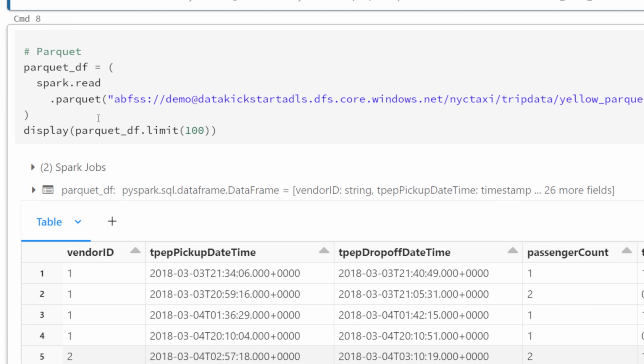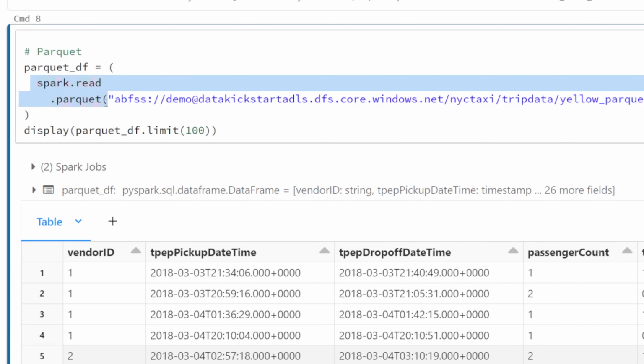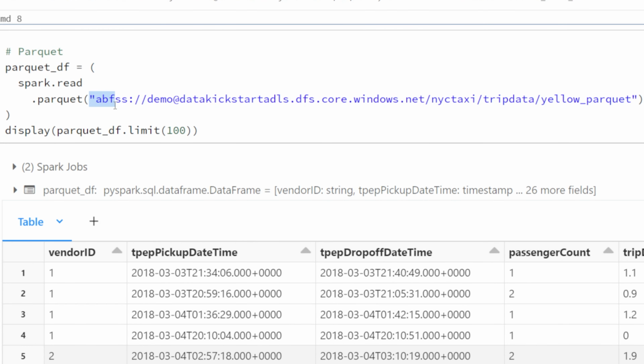Now that I'm authenticated, I don't have to pass credentials every time I make a read. So my Parquet read with this private storage account location is spark.read.parquet. With Azure Data Lake Storage, regardless of where you call it from, the protocol is ABFSS, and then you're going to do the container name, @, and then your storage account name. And then there's a common dfs.core.windows.net that you'll use for every storage account that you're doing ADLS reads from. After that starts to become under your container, the path to the actual data. Okay,